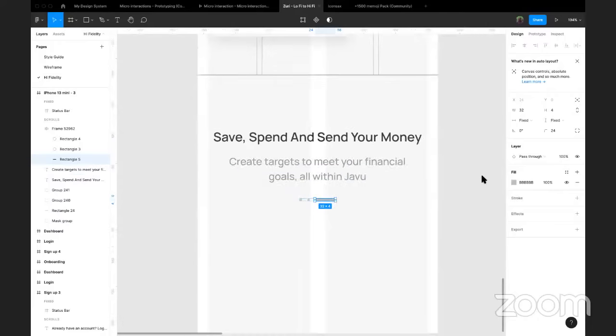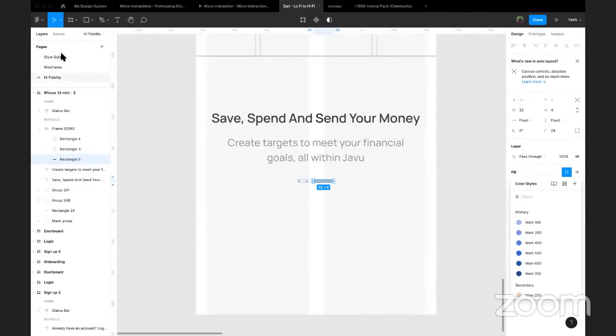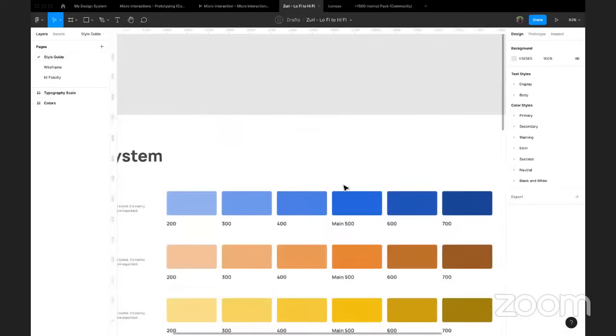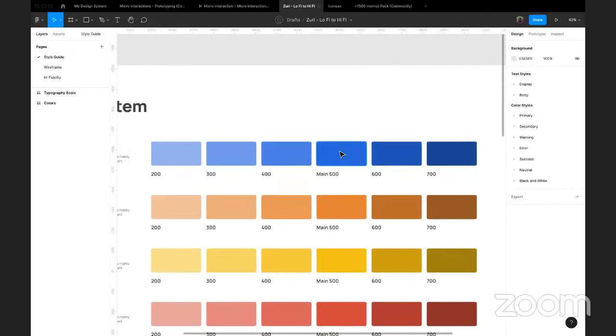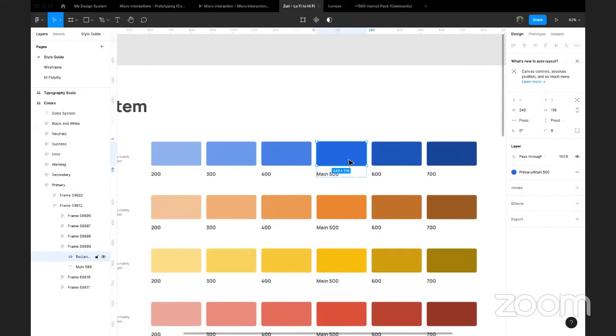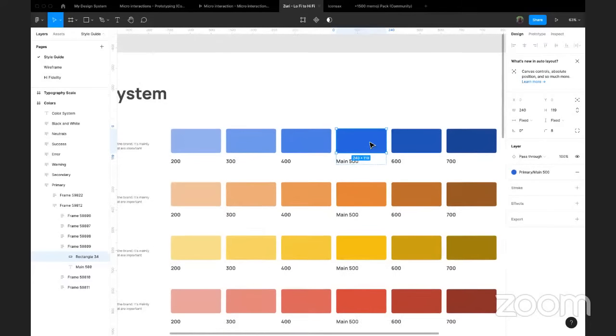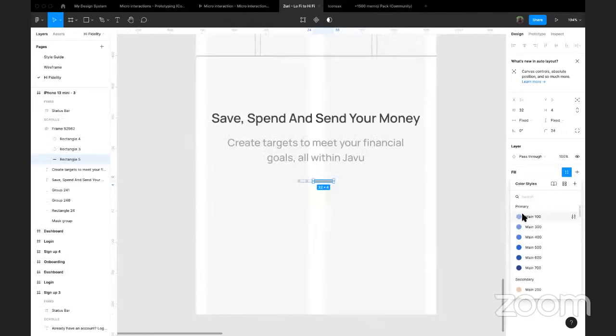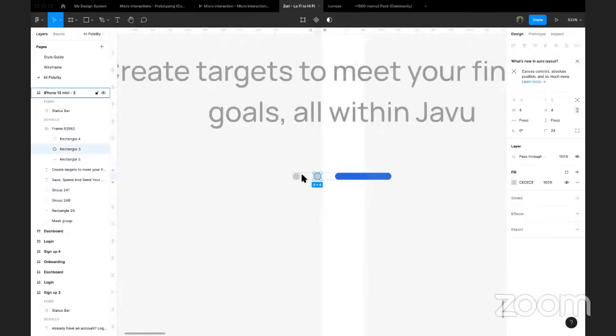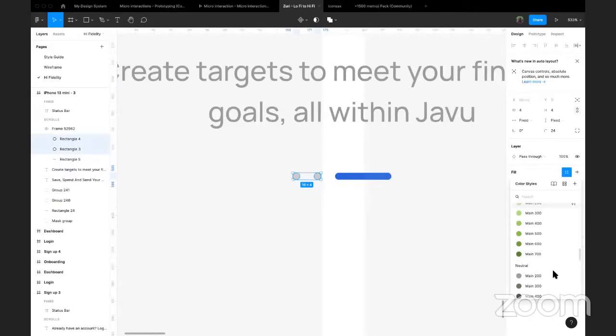So here, my primary color, as you can see from my style guide here, is blue. The reason why I have "main" here is because this is the primary shade, the exact shade of the primary color. The others are just tints and lesser shades and a darker shade of the main. So I'll use Main 5 under the primary section. So yeah, so I have this. Then this one, I can change this to, let's see, 200. No, 200 is too